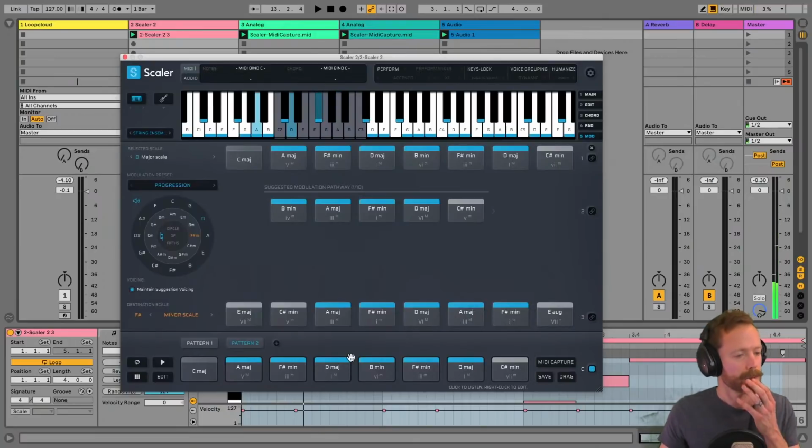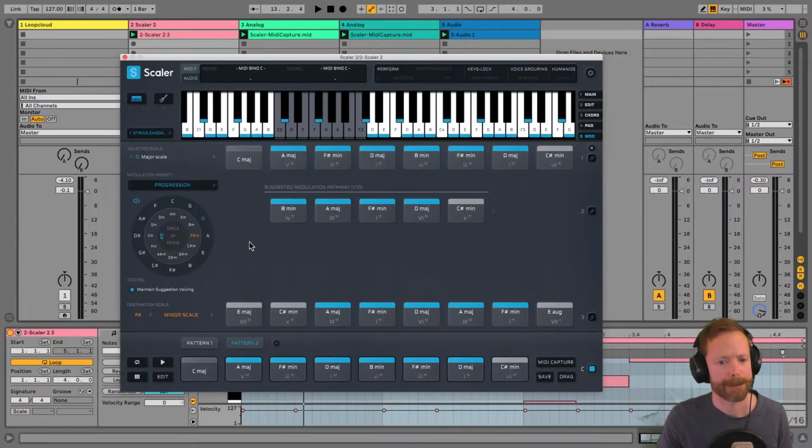Yeah, the main one is the pivot chord, which is the chord that's in the gray in the suggested modulation pathway. That's the most important one in this modulation section, to make sure you end with that. It'd be C# minor before going into your next scale. And for people who were asking earlier, this is how you change scales in the middle of whatever part of your track. This is how you would do it.